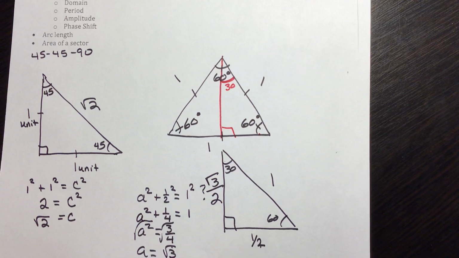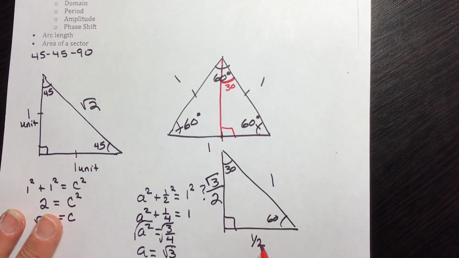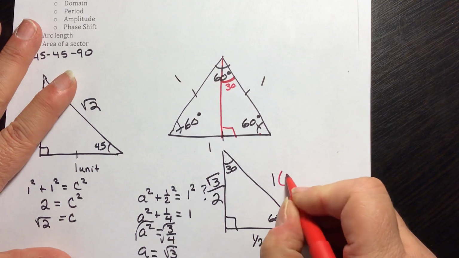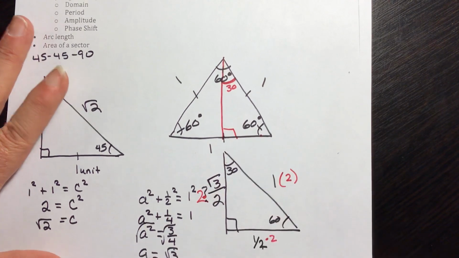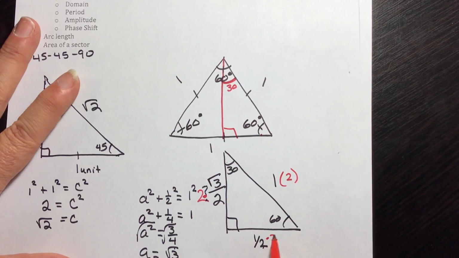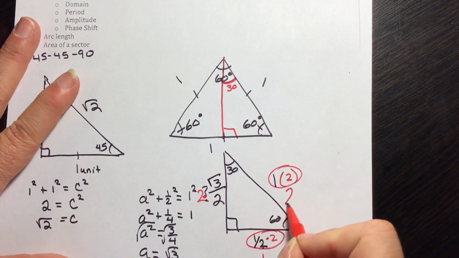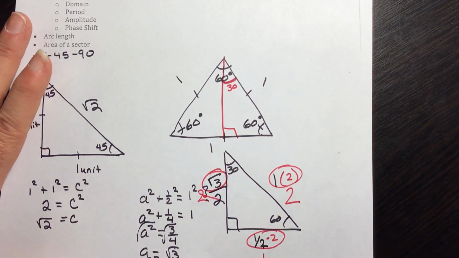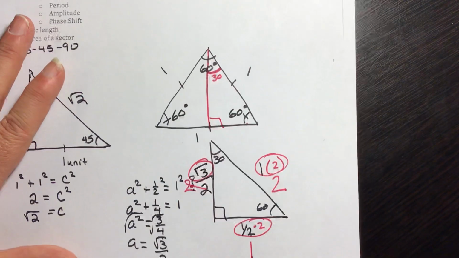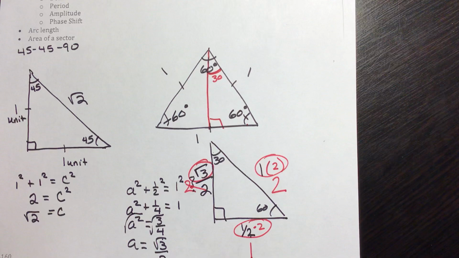Now, instead of working with all these fractions here, these are all proportional. So if I multiply each of these by 2, my sides are going to be: this is 1, this side is 2, and this side is going to be the square root of 3. All right, so 1, 2, square root of 3. So let's put that